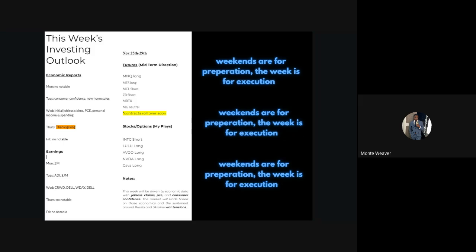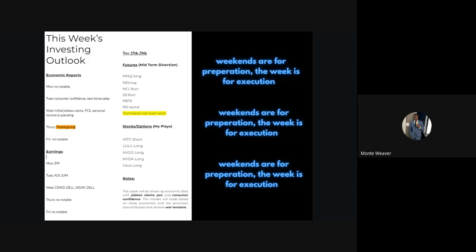So CrowdStrike is probably going to report earnings on Wednesday, and the market is going to look to see how AI is helping their business, are they going to get more contracts, and are they going to expand into government contracts, which is going to get them more money in a Palantir type way, right? So you need to know what's going on with the stock if you are in the option trade. Dell and Workday report on Wednesday as well. We have nothing really notable on Thursday and Friday.